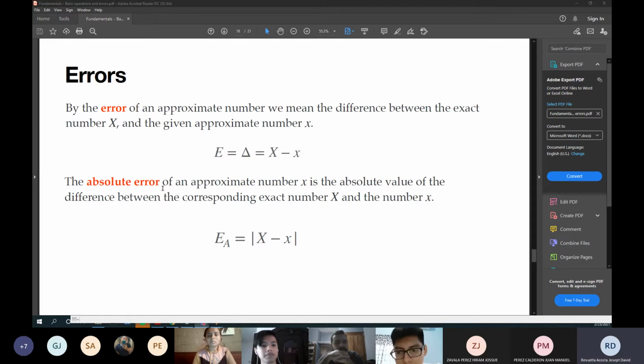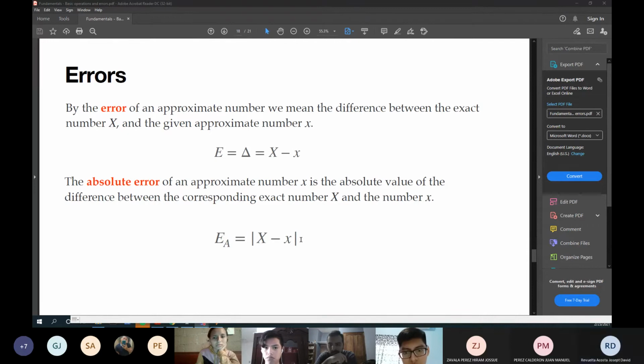So the absolute error is, of course, the real value or the exact value minus the approximation, but inside of the absolute value operation. So in general, the absolute error, E subscript A or EA, is equal to the absolute value of the difference between the exact value minus the approximation. Piece of cake,